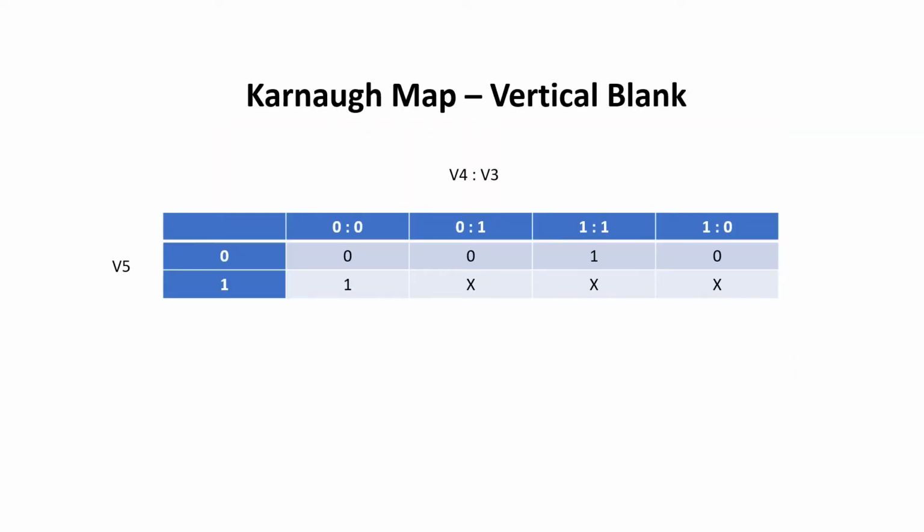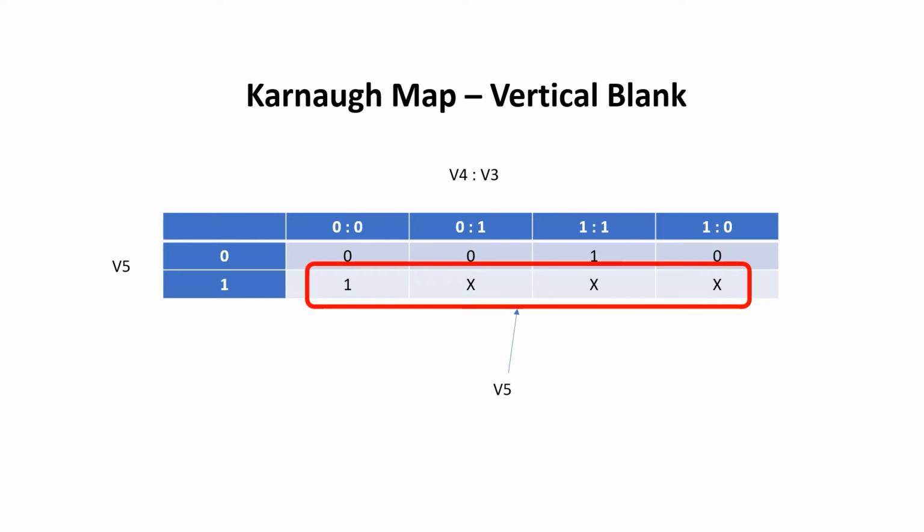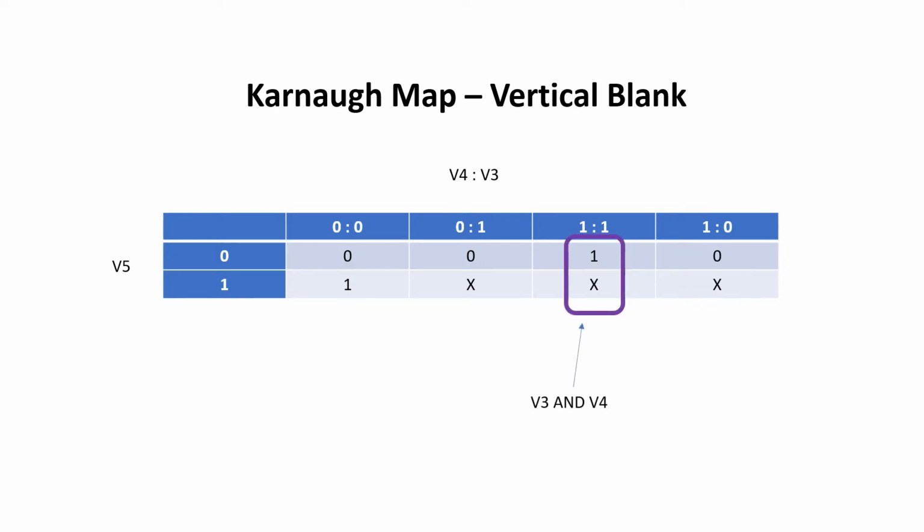To help design the logic for this, I'm going to introduce the concept of a Karnaugh map. There are several good videos on the internet about Karnaugh maps, and I'll link one above. The idea is to identify these regions with either 1, 2, or 4 ones in them. We can count the X's as either 0 or 1, whichever makes the circuit simpler, but it has to be a square or a rectangle, and the length and the width have to be a power of 2. Here I've identified this large box, which occurs when V5 is equal to 1. And now I've identified this smaller box, which occurs when V3 and V4 are ANDed together.